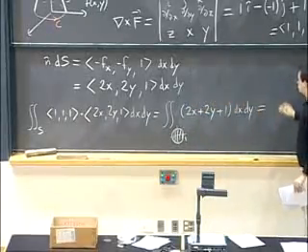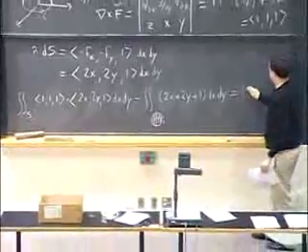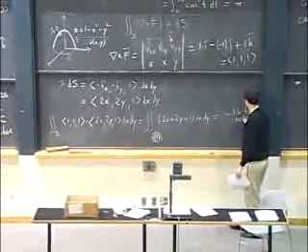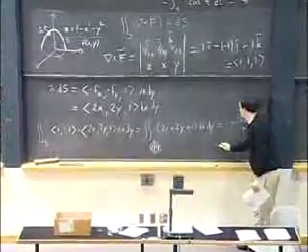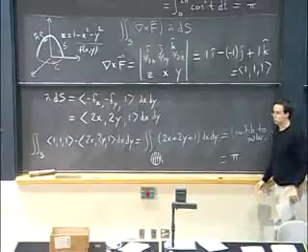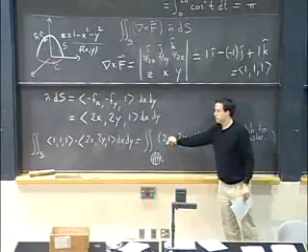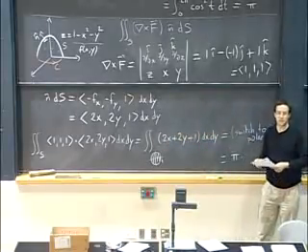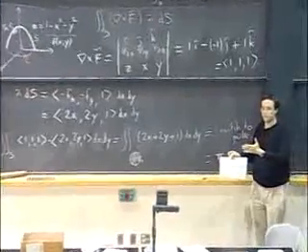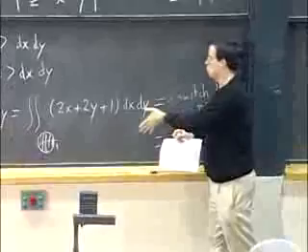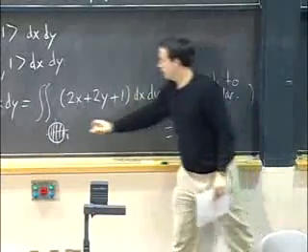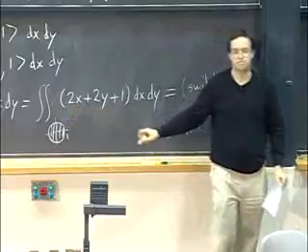And the way we'll do that, one way is to switch to polar coordinates and do the calculation, and then you will end up with pi. The other way is to try to do it by symmetry. Observe when you integrate x over this, x is as negative on the left as it's positive on the right. So the integral of x will be 0. The integral of y will be 0 also by symmetry. Then the integral of 1 dx dy will just be the area of this unit disk, which is pi.